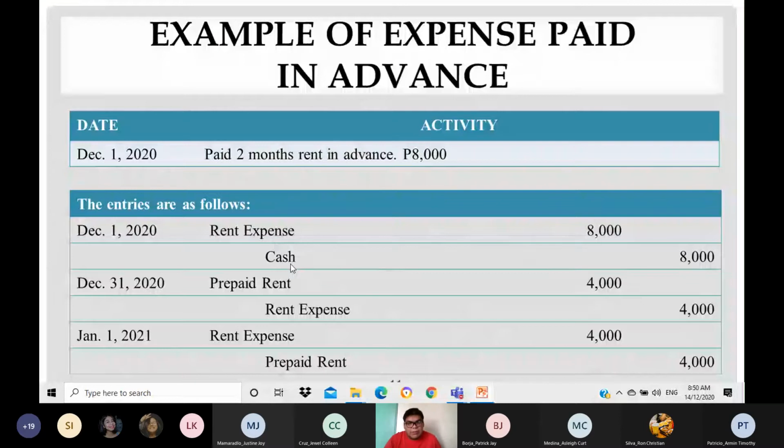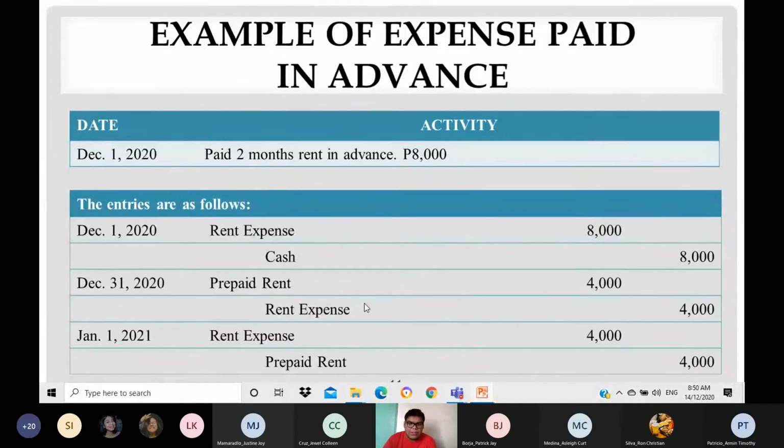And then for December 31, dun pa lang magka-count yung prepaid rent na 4,000. And then rent expense, so gumastos ka ng 4,000. Ngayon, mangyayari sa January 1 naman, the next May, New Year,